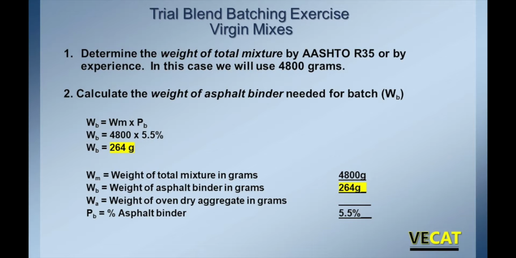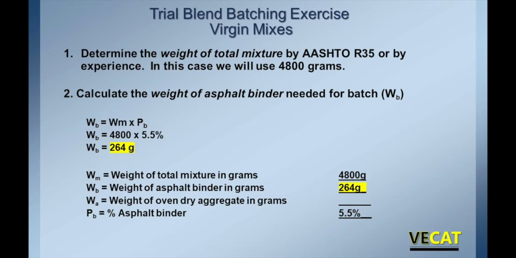And the first thing that you want to do is calculate the weight of the asphalt binder needed for the batch. So we've got a 4,800 gram sample, and again, the first thing you want to do is calculate your liquid AC. In this case, we are using 5.5% asphalt. So we're going to multiply 4,800 grams by 5.5% or 0.055, and that will give you 264 grams